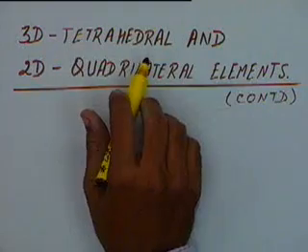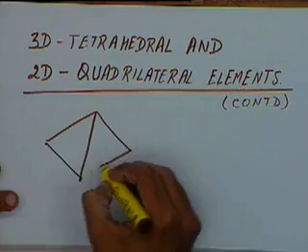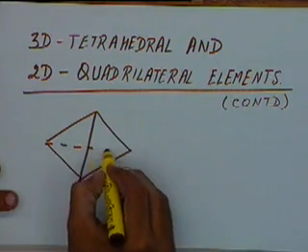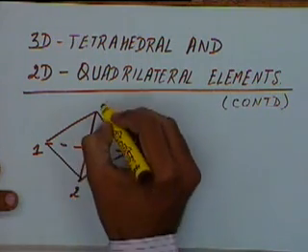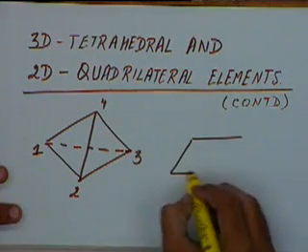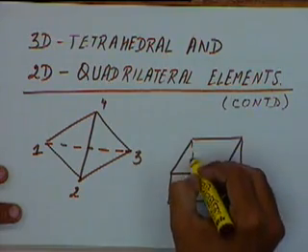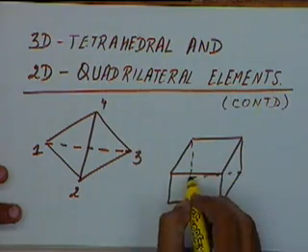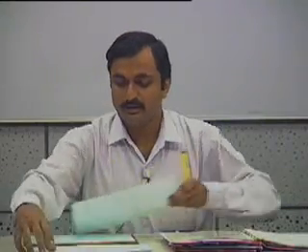Last class we were talking of the 3D tetrahedral elements, and we had seen the formulation for a general tetrahedral element consisting of 4 nodes. And then we asked, if we have a cube, how can we split this cube into a set of tetrahedral elements? For splitting a cube into tetrahedral elements, we had considered a splitting mechanism like this,